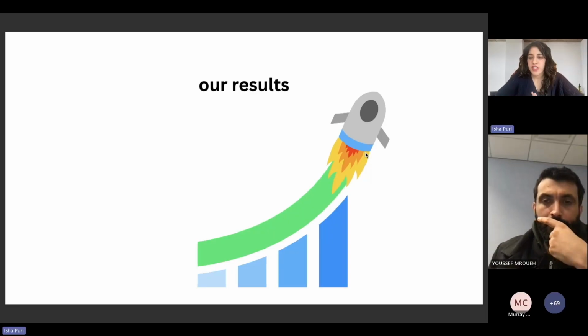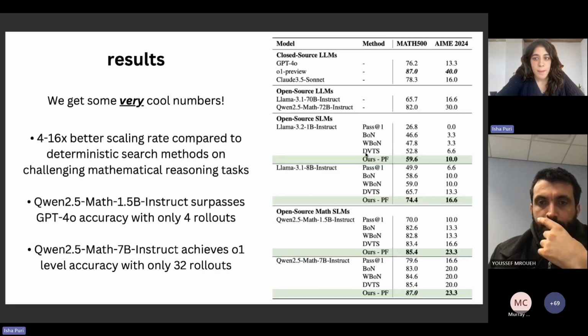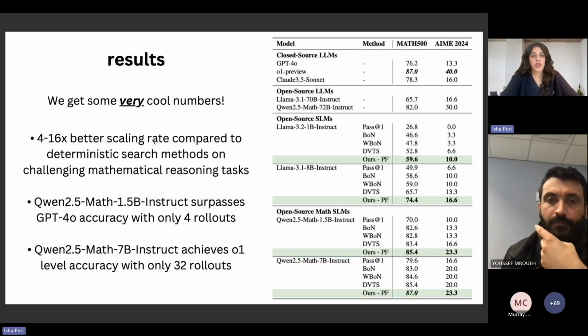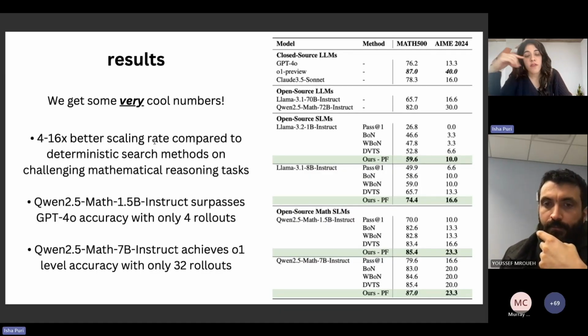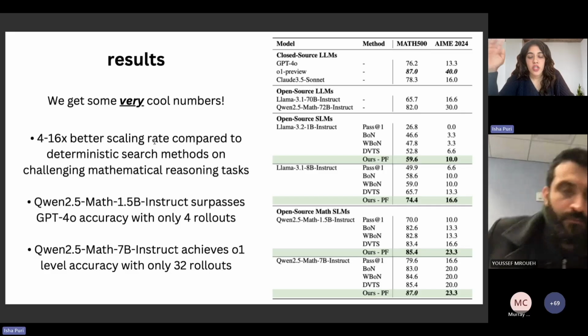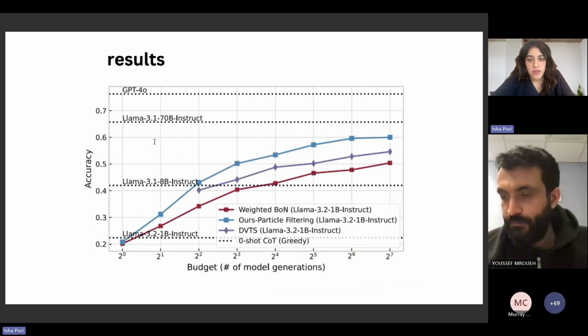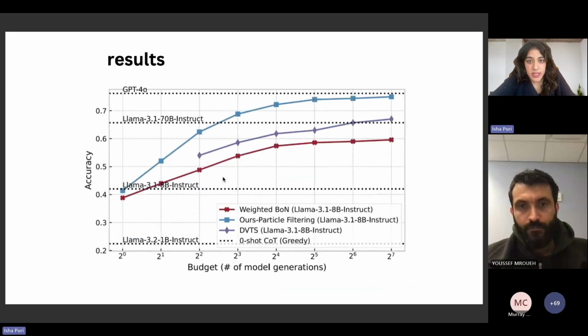So we're going to dive into the pretty cool results that we've been able to get with this method. We're going to focus on 3 main points. The first one is that there's 4 to 16 times better scaling rate compared to deterministic search methods with challenging mathematical reasoning tasks. So if you look at these graphs here, the thing that's important